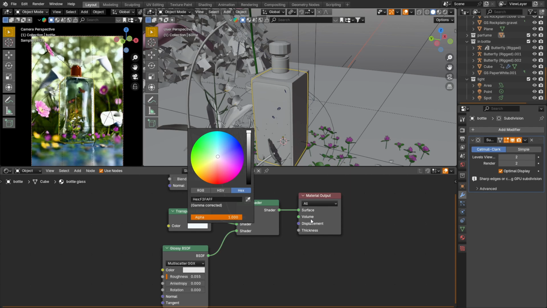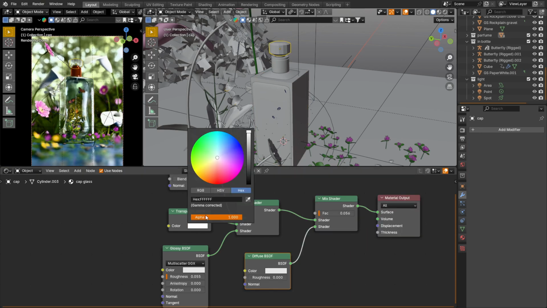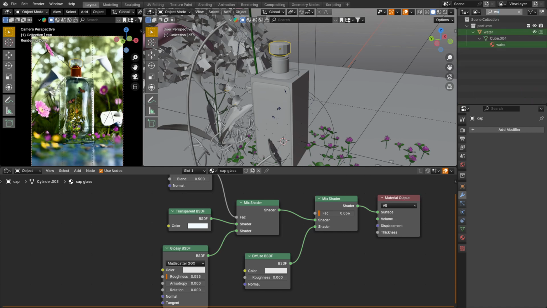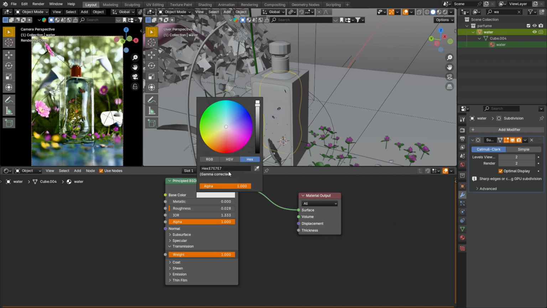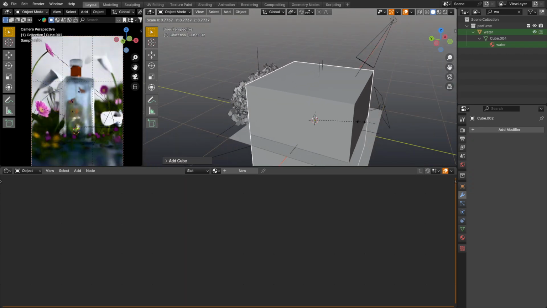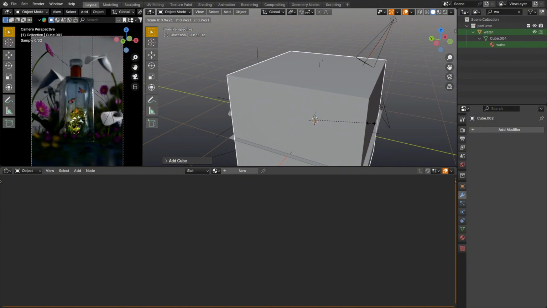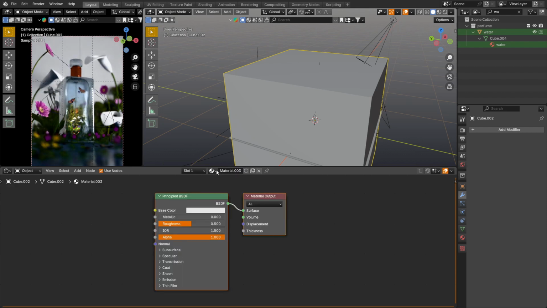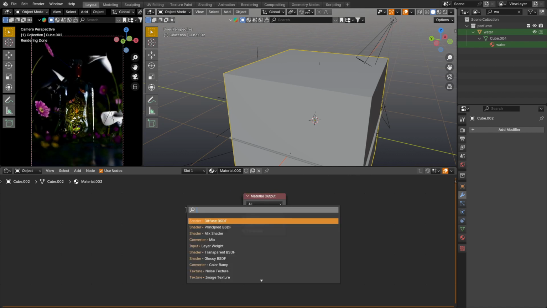Also, you can see now that I changed the color of the glass and water in the bottle to a slightly bluish one, because it seemed to me that just transparent glass would be boring. Also, I want to add another cube with a very small amount of fog. This technique allows you to make the scene voluminous and more saturated. This density value is not final yet, I will edit it until the end of the scene.